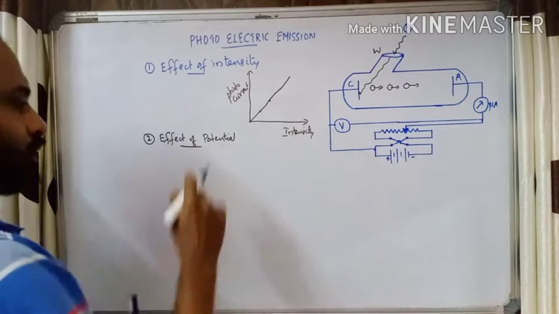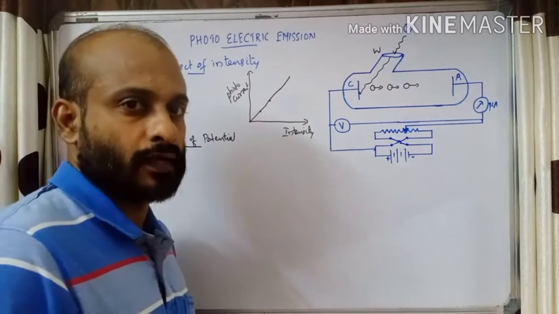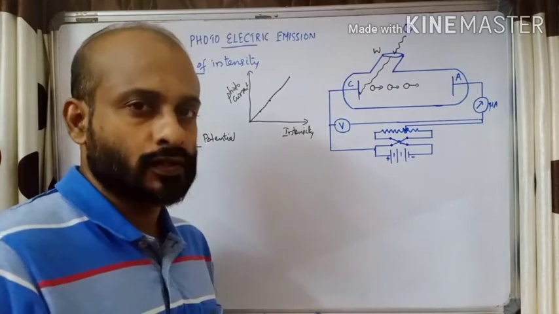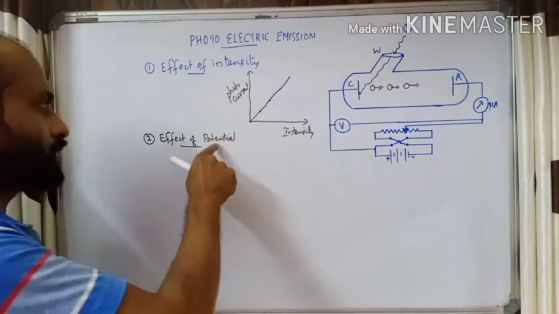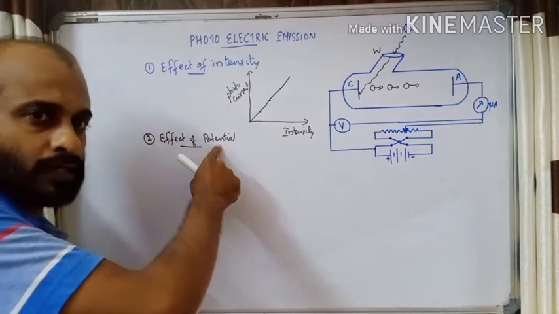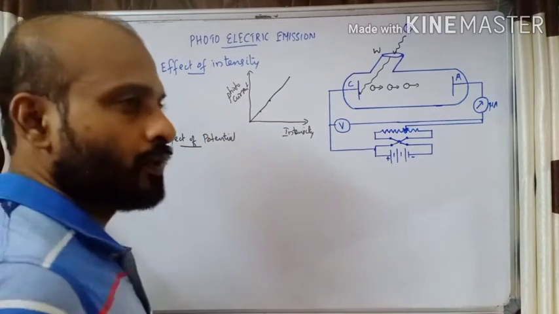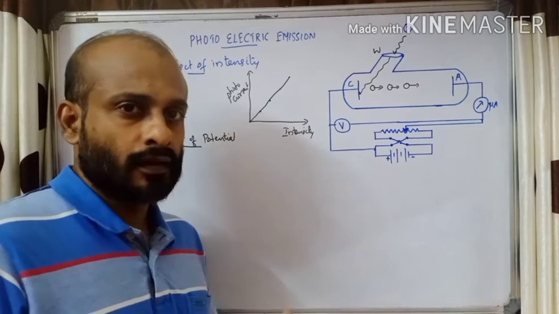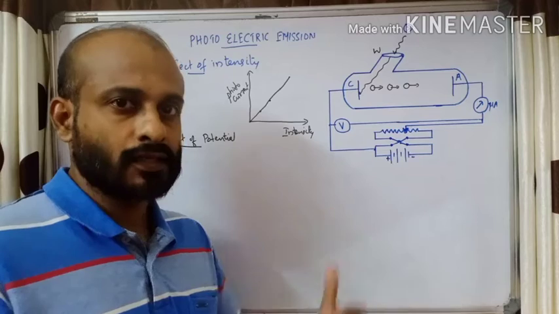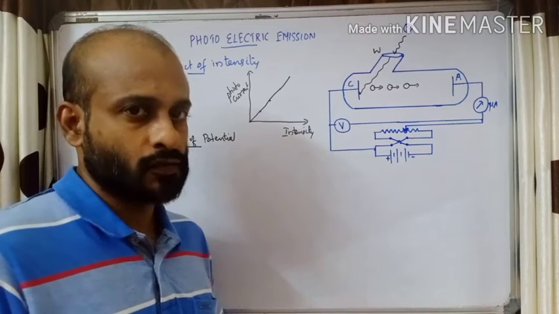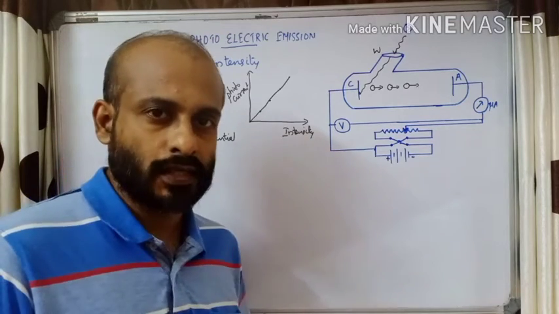Now also we will not change the frequency of the source of light. The same source we will use, we will not change the frequency. Frequency is kept constant. For these two variations we keep the frequency constant, means we are using a bulb which is emitting light of a particular color. We will not vary the color. Whenever the color changes, frequency also will change. So we keep the frequency constant.